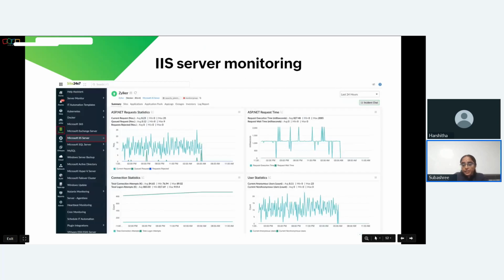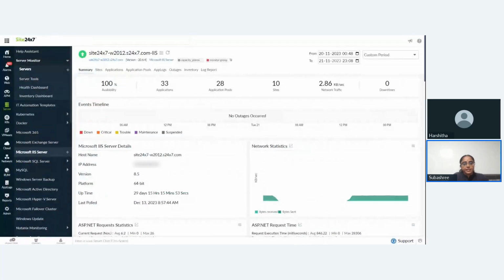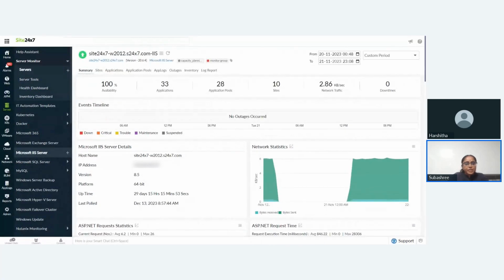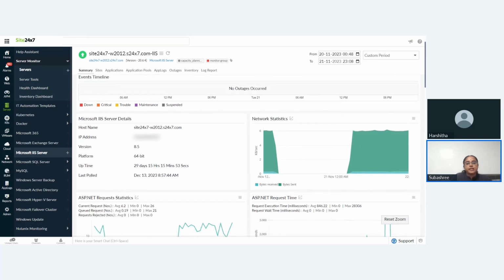It not only ensures effective log handling, but also empowers you to monitor the availability and performance of your IIS servers seamlessly. So let me quickly take you through the Site24x7 portal for a demo. As soon as you log into the portal, go to the server and select Microsoft IIS server. So here is our IIS monitoring solution, allowing you to actively track the availability and performance of your IIS servers